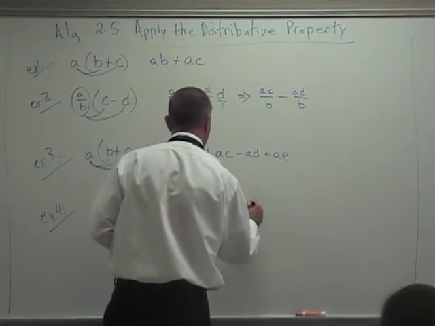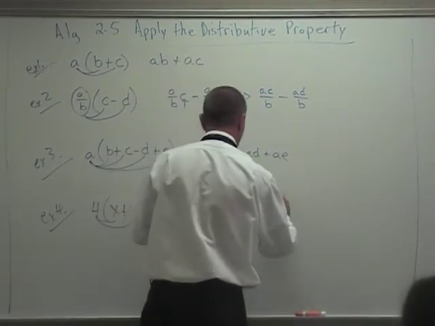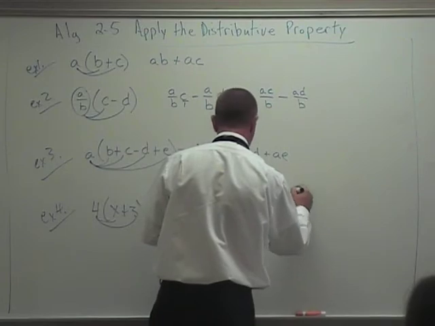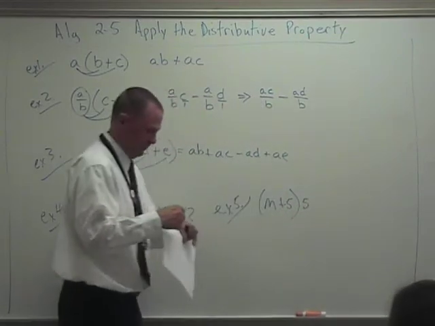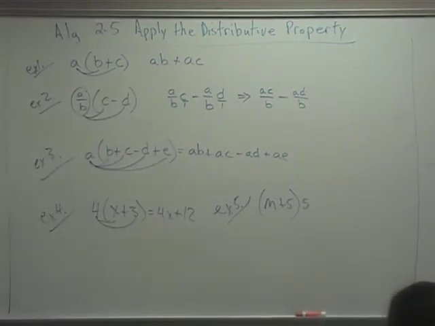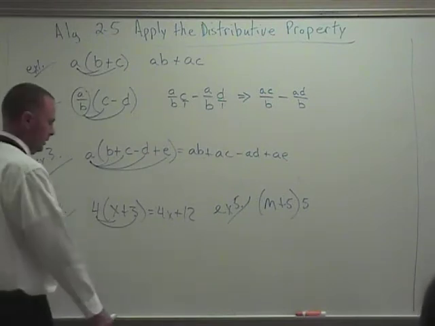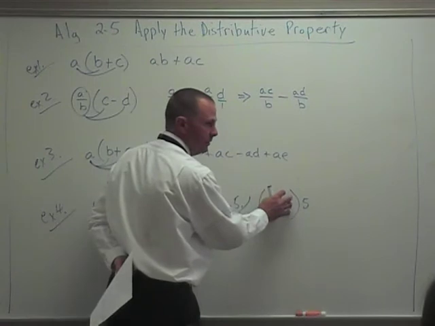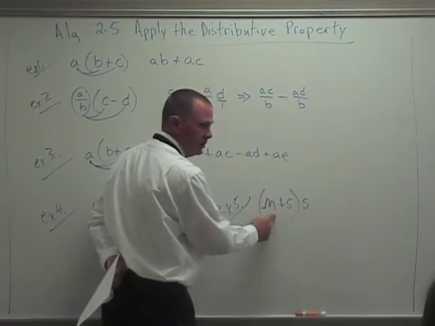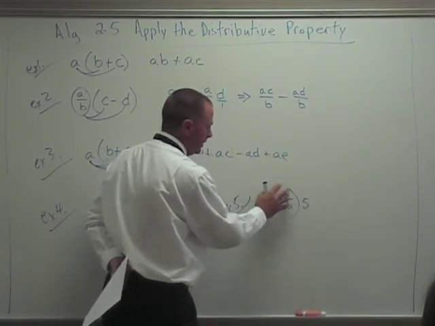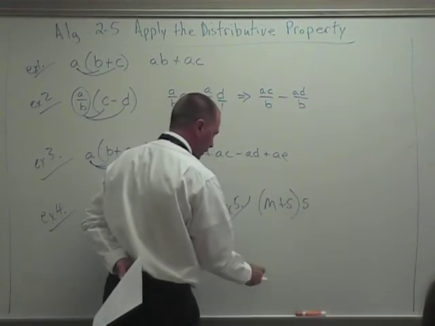How about example 5? Let's do the quantity m plus 5, quantity closed, times 5. Should have stumped a couple of you. It's okay if you're stumped. I'll explain it. This parentheses represents one thing. Even though there's 2 terms inside, you only count that as one thing. It's something times something else. For instance,